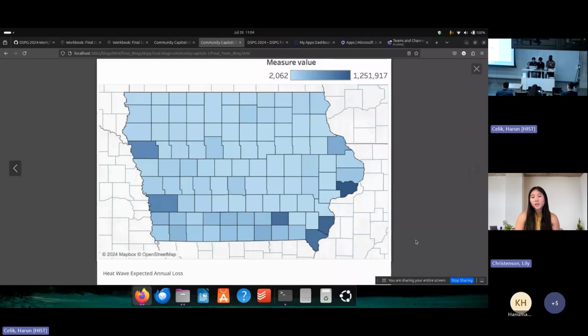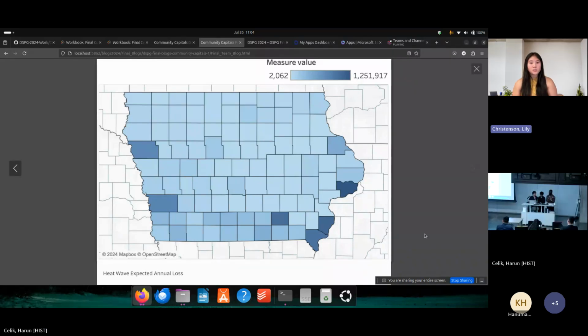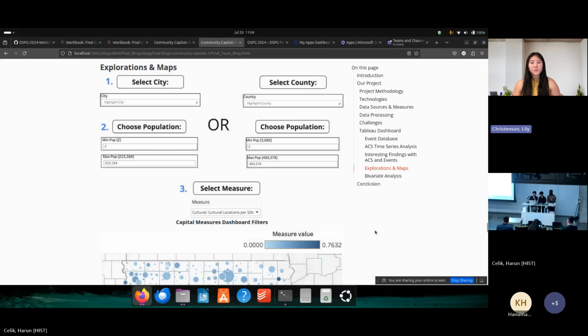The type of population in a county could also maybe affect the expected annual loss. Whether a county might have more elderly people, maybe a lot of young children, maybe there are a lot of people with health conditions in a certain community. That could lead to people having to pay more medical bills, and maybe there's a higher need for healthcare services in a certain community, which could increase the expected annual loss in a community. Then, in the next picture,